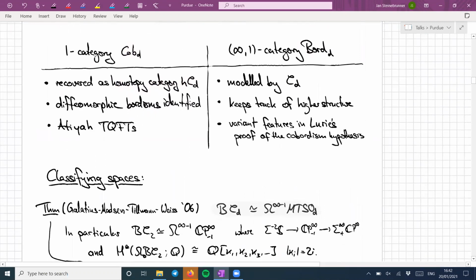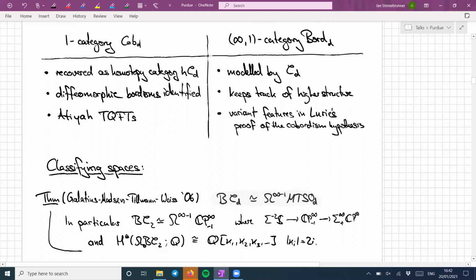And there are some pretty good reasons to look at bordism categories through classifying spaces. And one of those is the work of Galatius, Madsen, Tillmann, and Weiss. So what they did is,